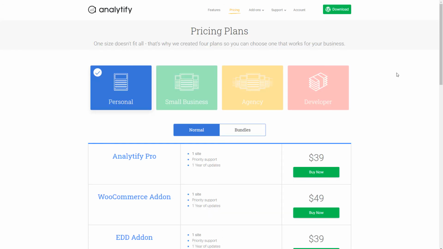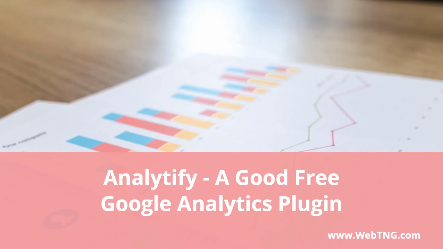Some of the premium features are available as add-ons, and the pricing tiers are based on the number of sites. You can buy the add-ons separately, or you can buy them in bundles. Overall, I found that the setup of the free version was very straightforward, and I haven't had any issues with the free version. In the past, there have been a few times with the premium version where the reports took a long time to load. Maybe because of real-time reporting? I'm not sure. That doesn't seem to be the case anymore, and I've not noticed any slowdown with the free